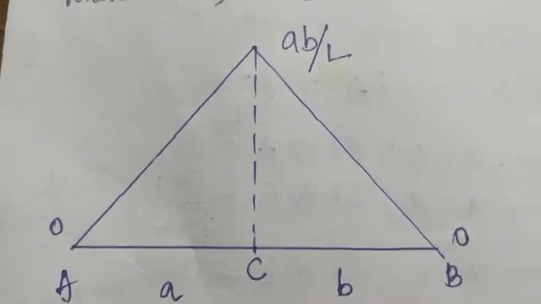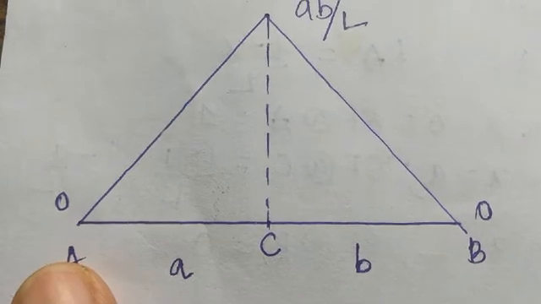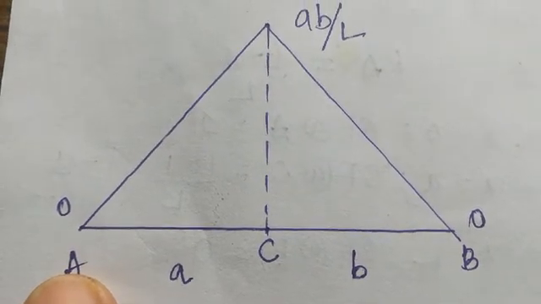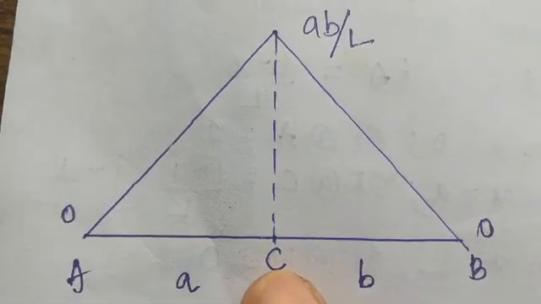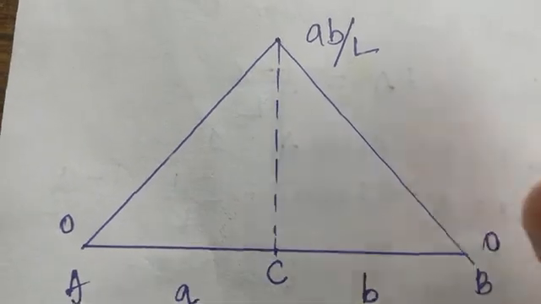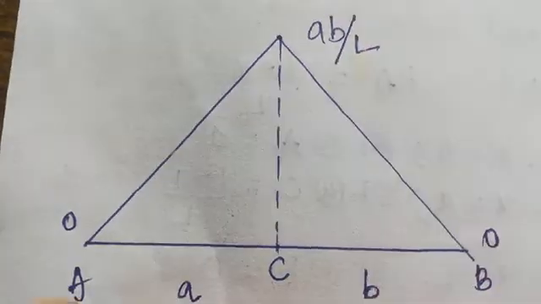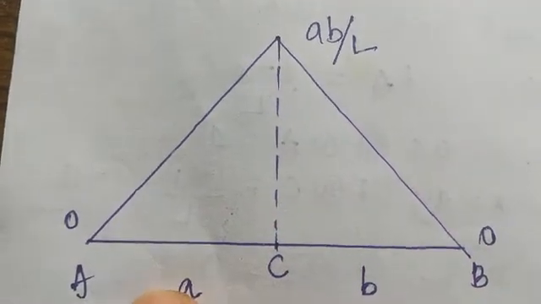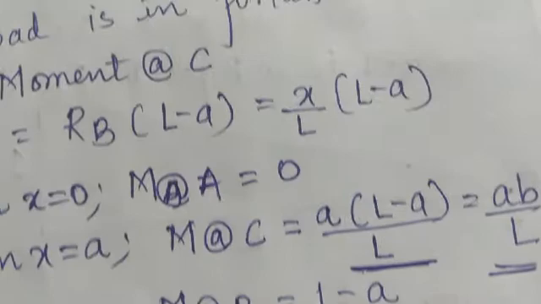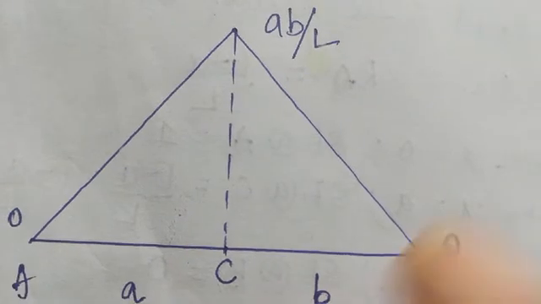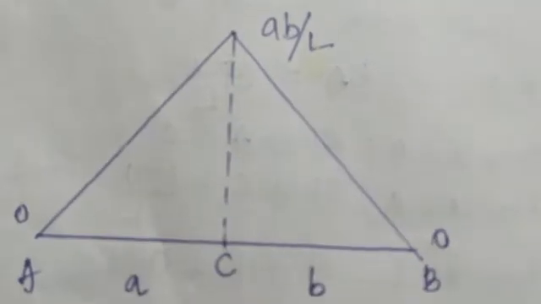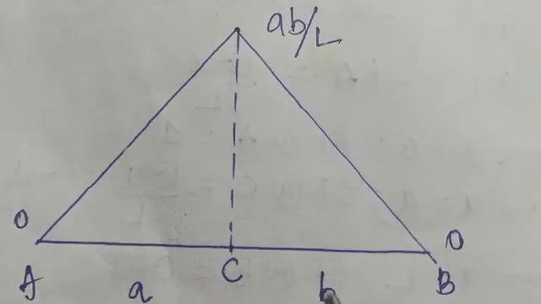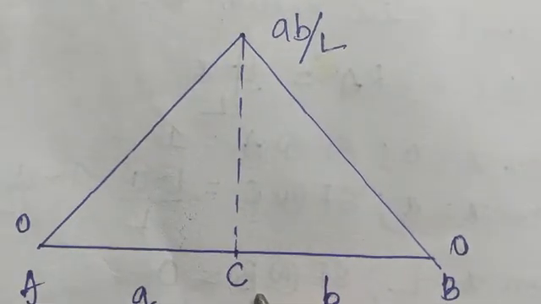Now once you have all those values, at X is equal to 0, you will get moment equal to 0. When X is equal to L, you will get moment as 0. When X is equal to C, in both the cases, you will get it as AB divided by L. So this is again varying linearly. Why? Because the power of X over here is raised to 1. That's why you are having a linear variation, and the maximum ordinate you are getting is at C point, wherever the load is placed, at that point you are having the maximum ordinate.